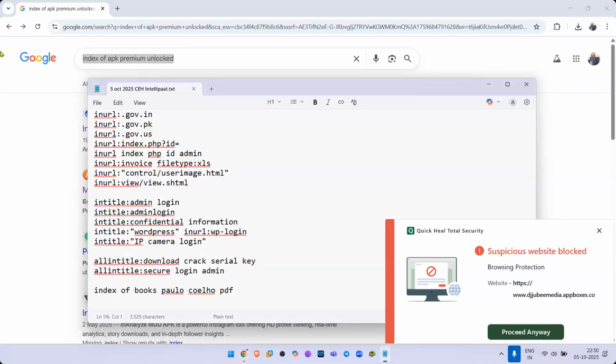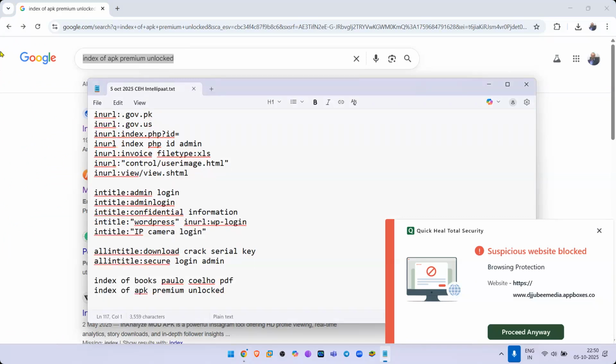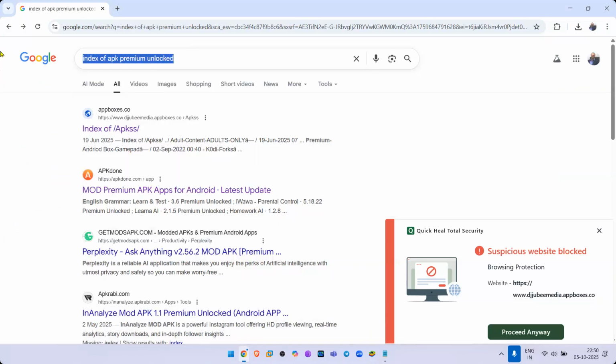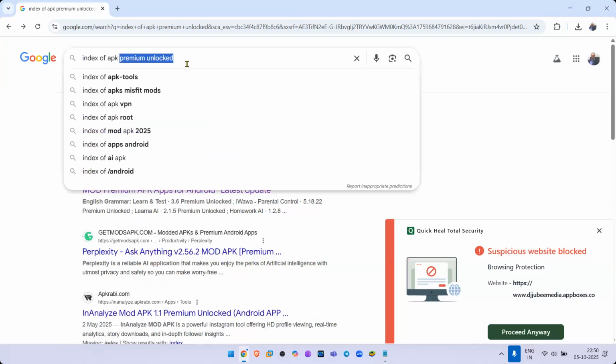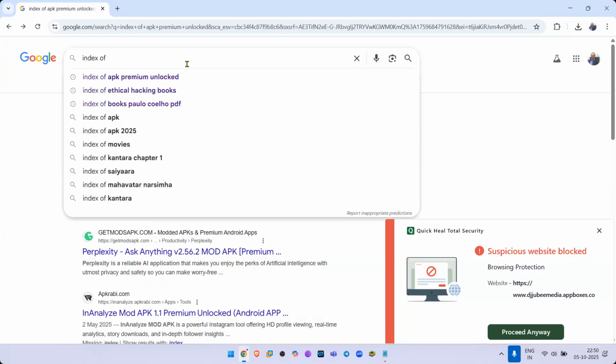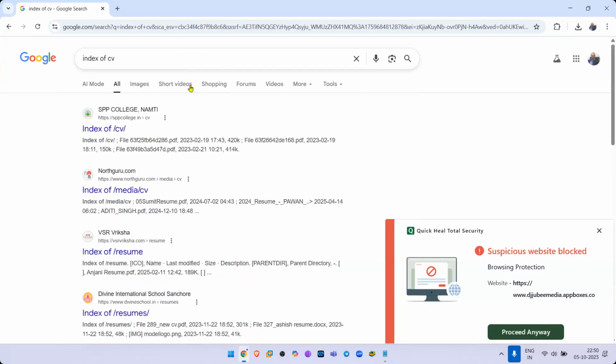Okay, so from now onwards, you don't have to spend money to download any APKs. Do not do that. There is no crime in downloading these books, but the only thing is it is unethical. It is not illegal, but it is unethical. So try not to do that. It's a humble request.